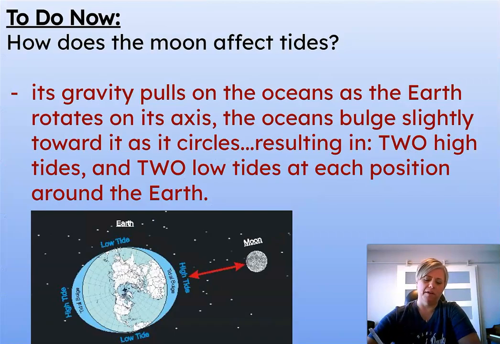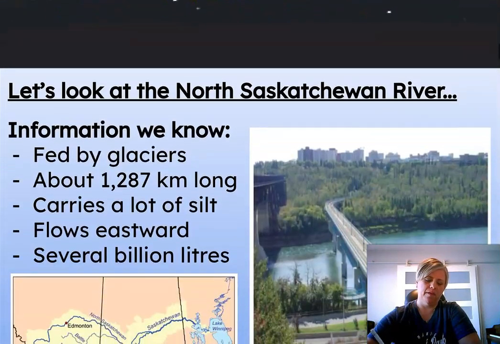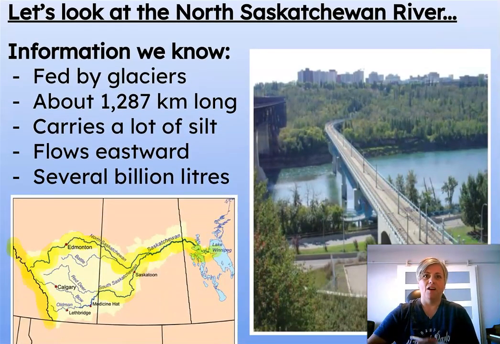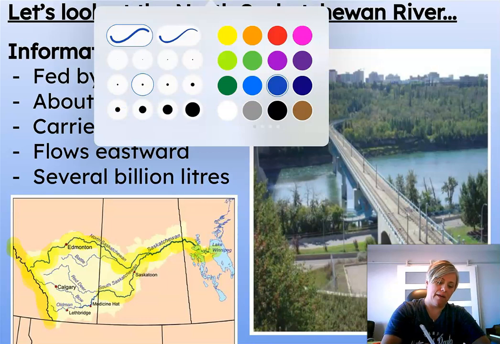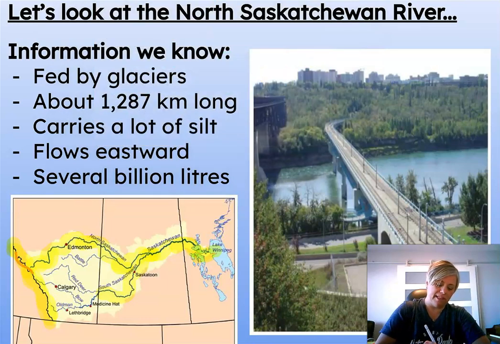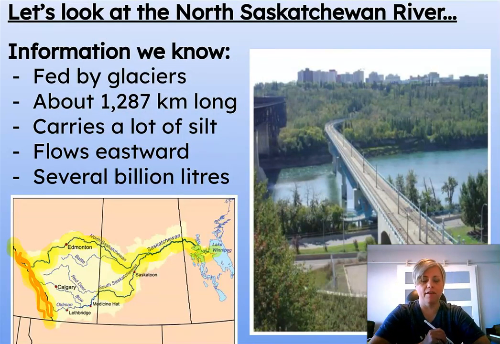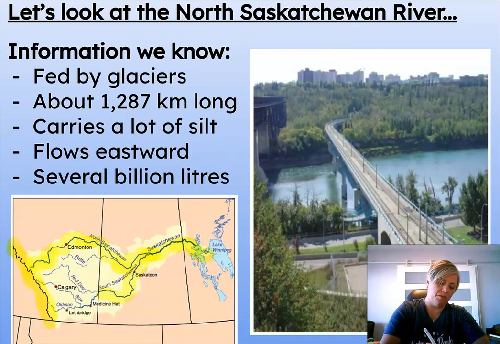Okay, so we're going to move on, get started here. All right, so let's look at the North Saskatchewan River. What we know about it is that it's fed by glaciers. It's about 1,287 kilometers long, carries a lot of silt. Silt is like sediment or very fine rock and sand. It flows eastward, so it's moving from, let's have a look at this map. I've highlighted it here. So it's leaving from our Rocky Mountain area there,